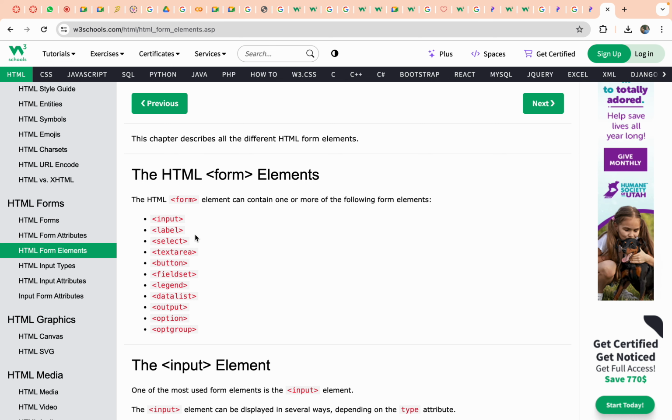Okay, great. Again, the HTML form element can contain one or more of the following form elements. According to what I discussed in the first five minutes, if the P element is the parent element, then the remaining elements are called